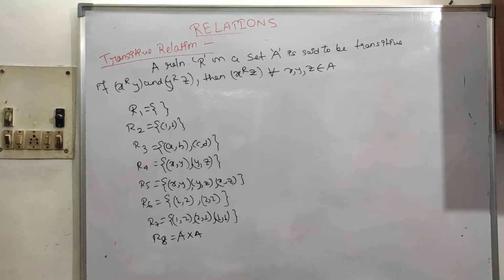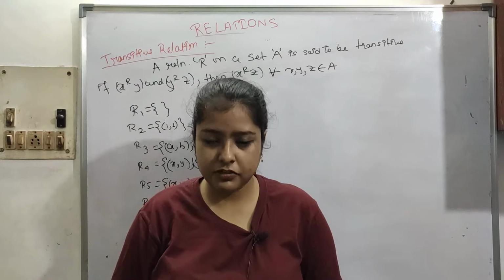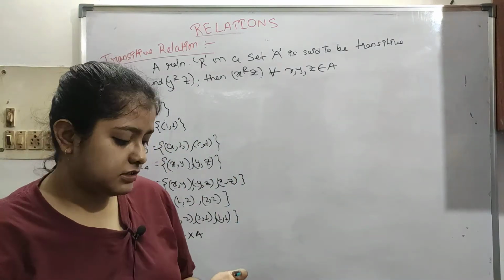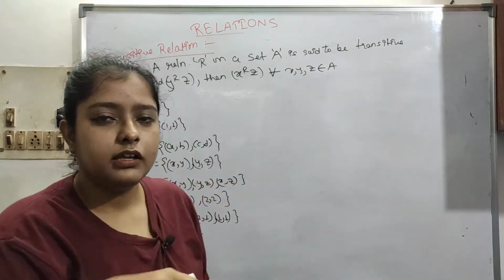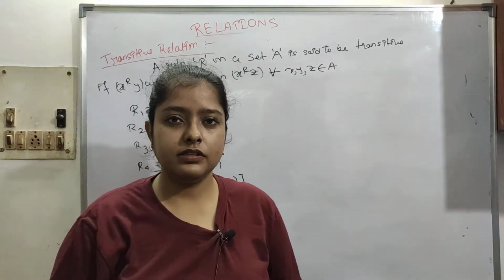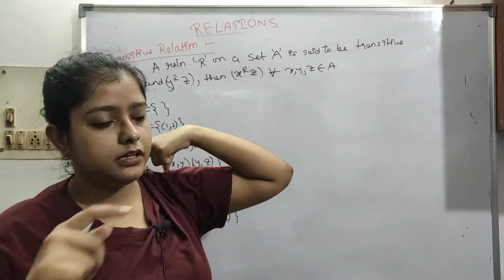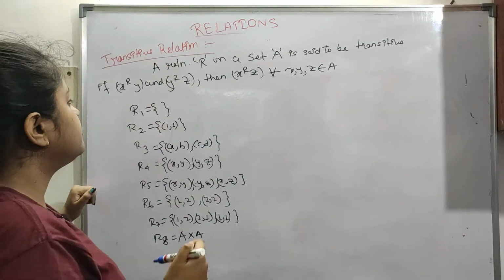So now here we have already seen all the relations: reflexive, symmetric, asymmetric, antisymmetric, everything. So now let's see transitive relation. Okay, so transitivity, everything I have told you, this is very important. We have already seen this in mathematical logic, and in DBMS we will see 3NF and everything. We will see transitive dependency. For now, focus here on transitive relations.